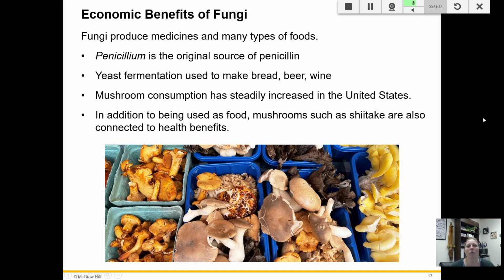Do not go eat wild mushrooms though, please. I have to throw this out there. There are some fungi that you can go and forage, absolutely. However, be very careful if you are going to do that. Do not eat wild mushrooms. I'm not a fan.